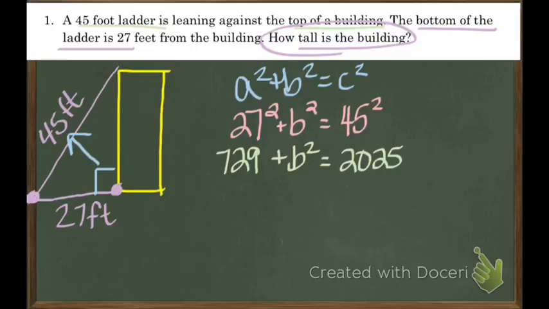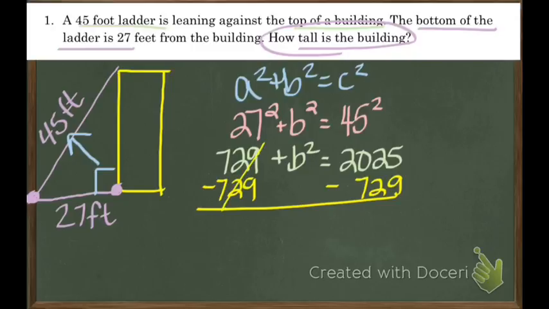So if I'm going to do that, I have to subtract the square of my leg from the square of my hypotenuse in order to find the length of the remaining leg. So I'm left with b squared here, and if I say 2,025 minus 729, I get